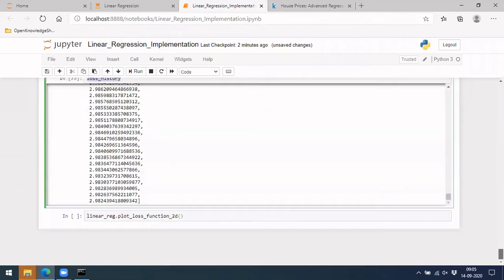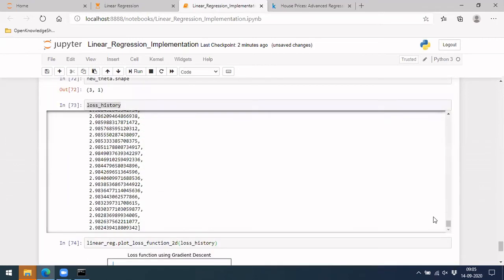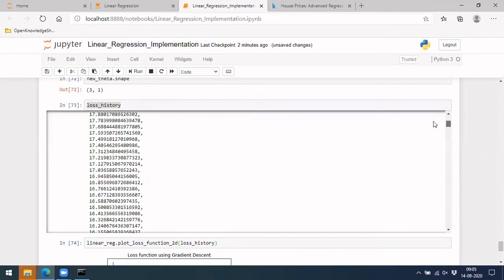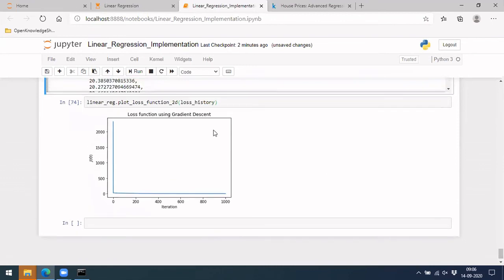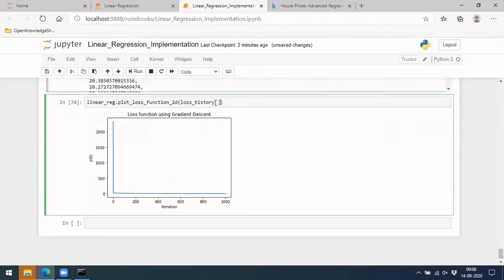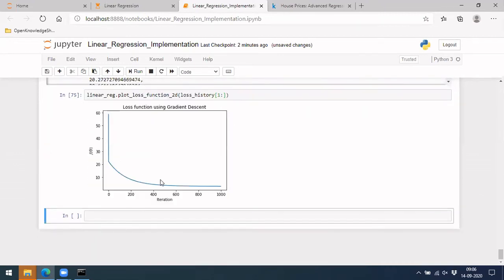Because of your range, you went straight from 2000 to some 30 or so, so you got this kind of graph. So let me plot skipping the first one. Now you can see there is a graph similar to what we got earlier, so it means it has learned well.